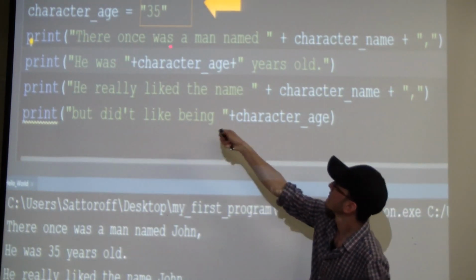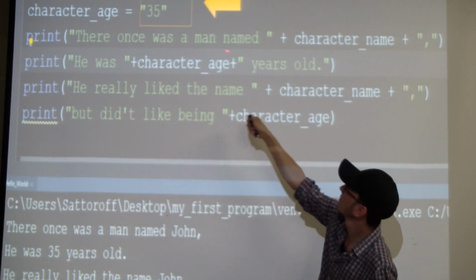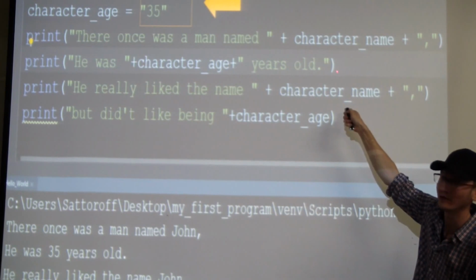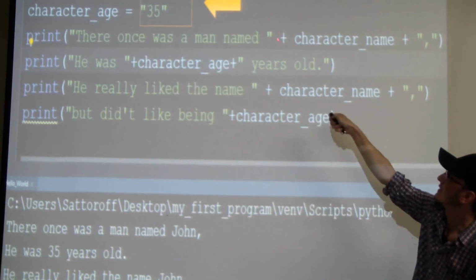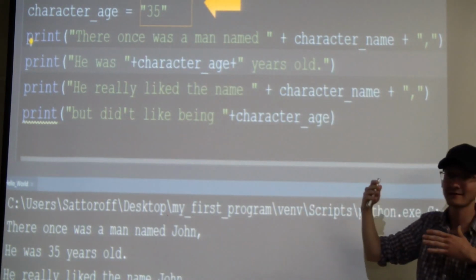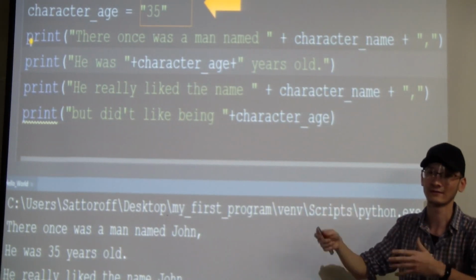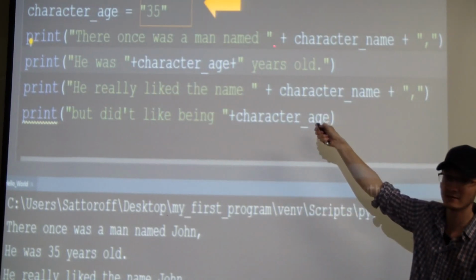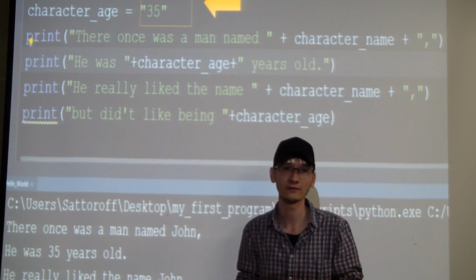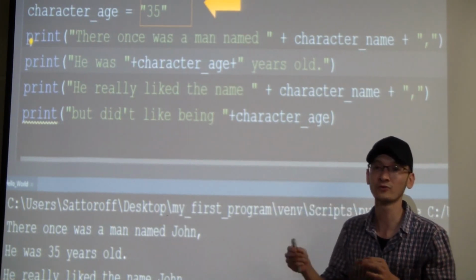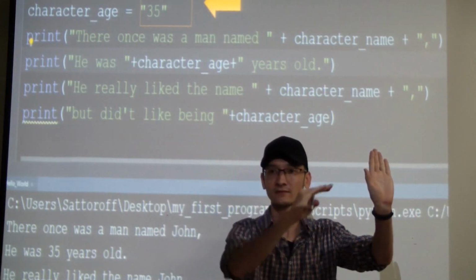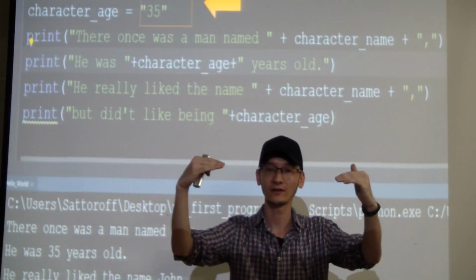And also one main thing here. This is what? A string value. This is also a variable with the string value, John. If we put plus, it can print them together. If we don't put plus, our program will have some errors. Do you understand this? If you want to print two strings, we should add plus. We should add them. But